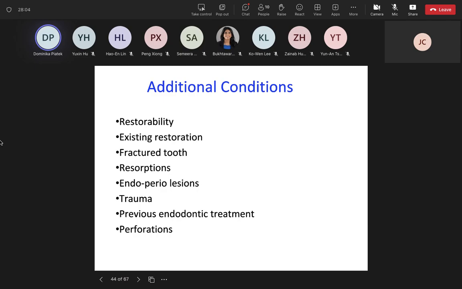Another example is premolars, especially upper premolars, because these usually can have two root canals and only one root canal can be found and filled, and lower incisors, especially lateral lower incisors. Also, there is a huge possibility that they will have two root canals, and sometimes we can observe that only